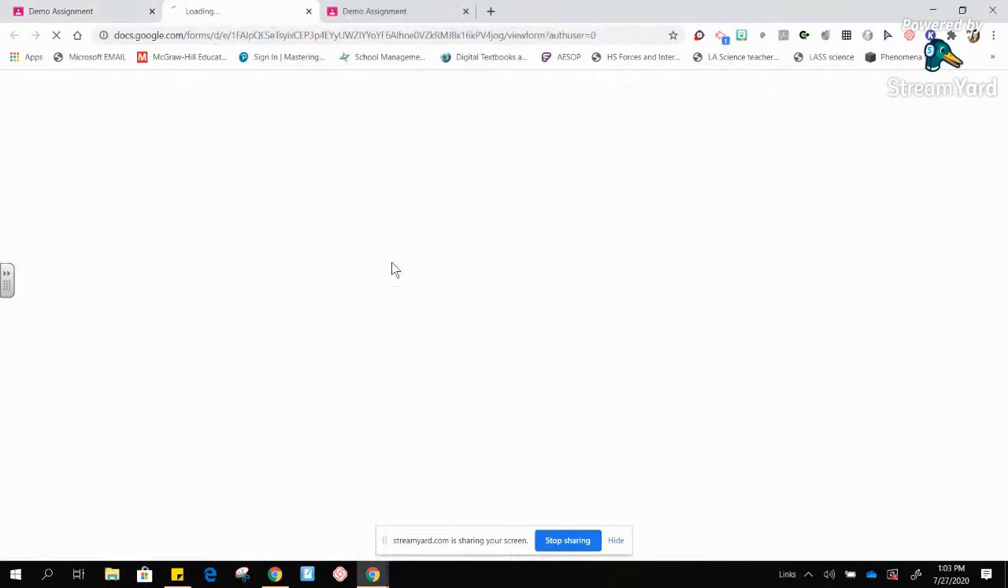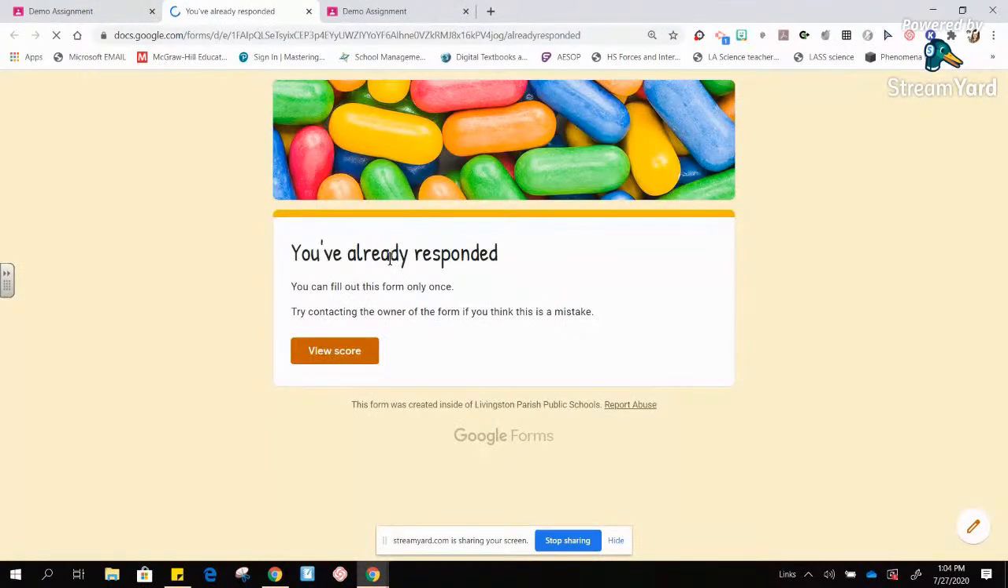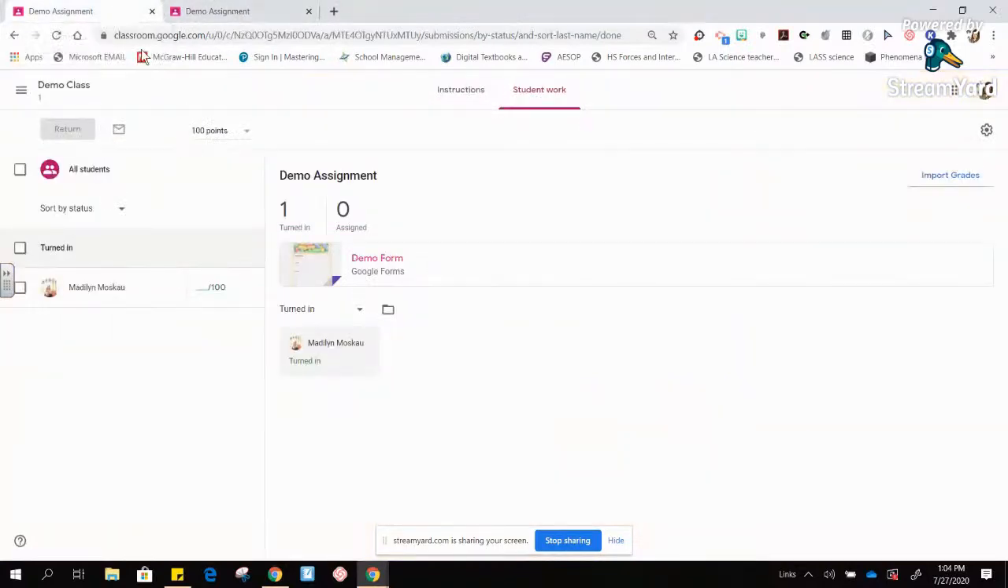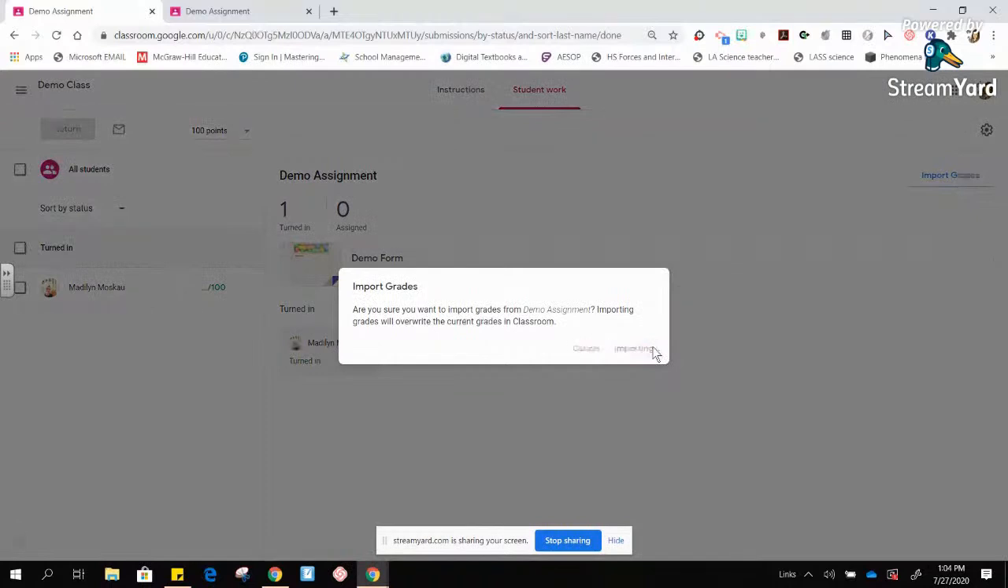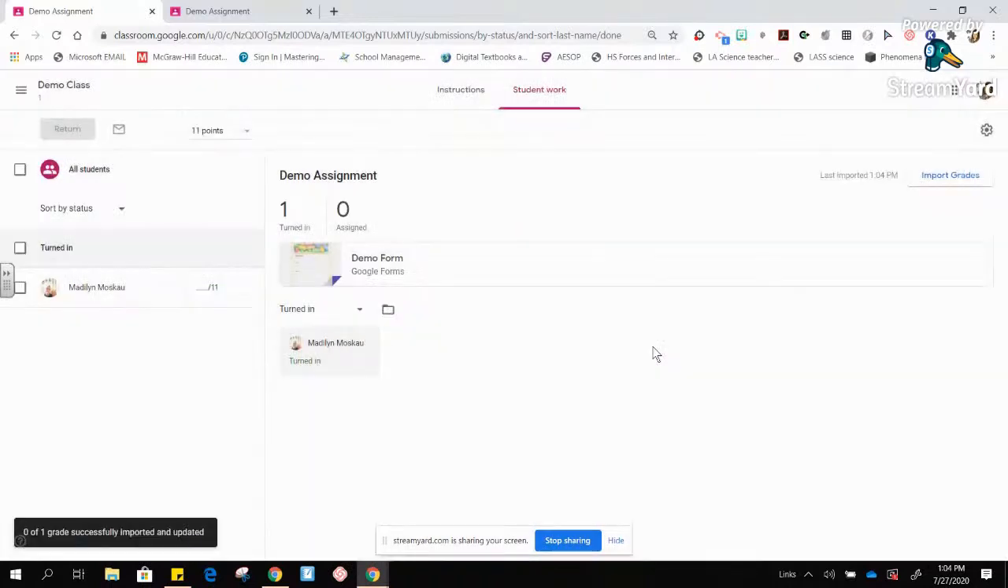I can even click on the form itself to see the responses. So when you are ready to review your students' scores, there is a button out to the right with import grades. Okay, that button is where the magic happens. You click import and it's going to pull her score into that form. Okay, so now if I click on her,